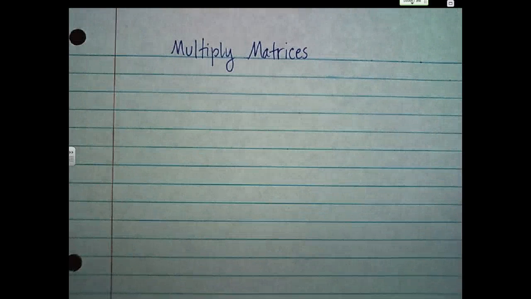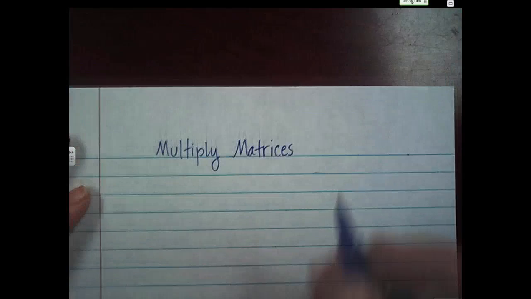Okay guys, so today we're going to do multiplying matrices, and we have one definition. Okay, so here's your definition. You can only multiply. Now, we've done addition and subtraction. In addition and subtraction, as long as they're exactly the same dimensions, we're fine, right? You can add a 2 by 2 with a 2 by 2, a 3 by 3 with a 3 by 3. But, and you can also multiply, like for example, if I told you this,